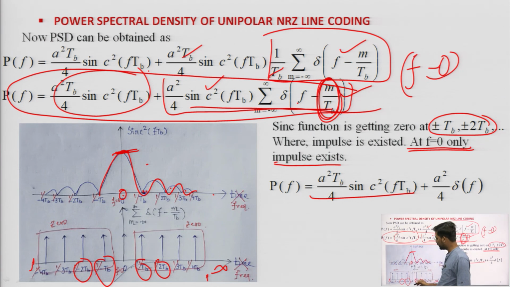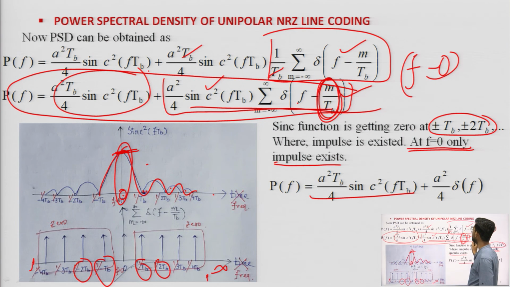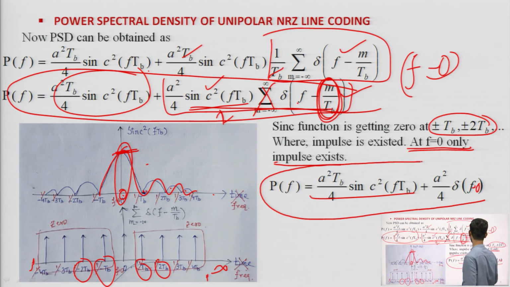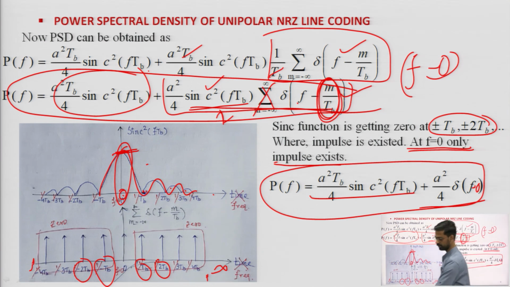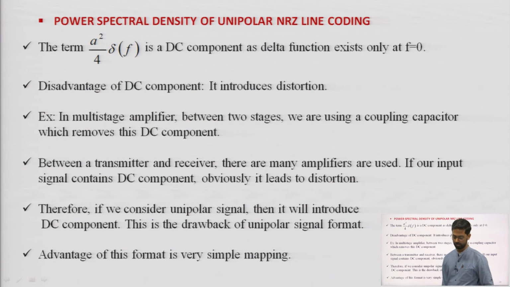So, if I multiply this, I will get a value at frequency equal to 0. That is why this whole term will be diminished, that is minus infinity to minus 1 and 1 to infinity, all terms will be diminished, and only at 0 remains. That is, we do not need any summation term; we need A square by 4 multiplied by delta. If I take this as 1, then delta of f minus the 0 point, that is delta of f. This is the required PSD.